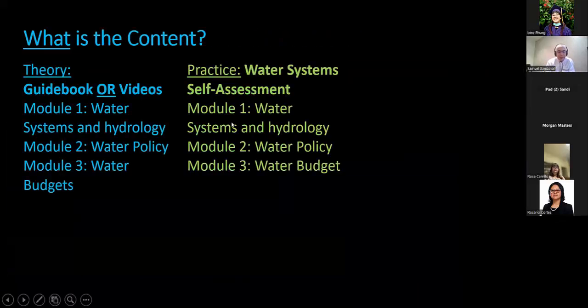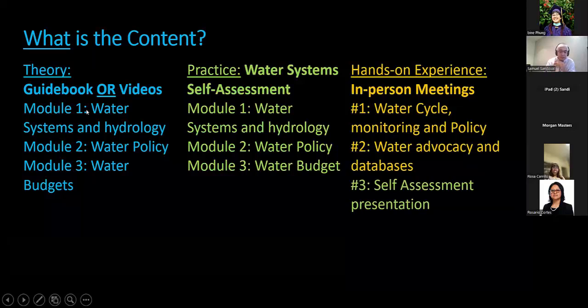So this is the content of the course. All the theory is in a guidebook. You can read the guidebook if you prefer reading, or you can watch it. So basically every piece is going to be in short videos. Now, the first module is water systems and hydrology. The second one is water policy, and the third one is water budgets and water management.